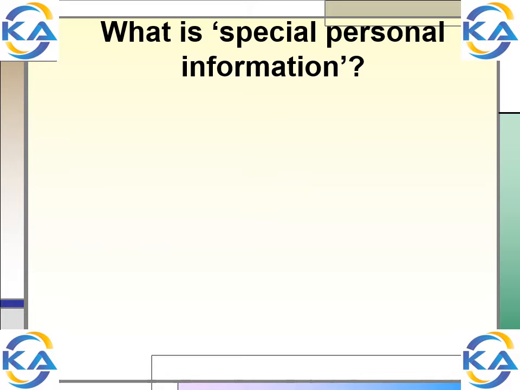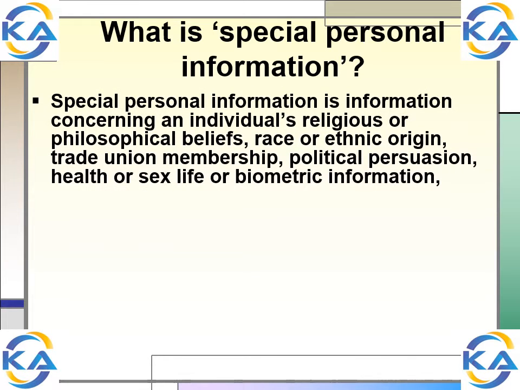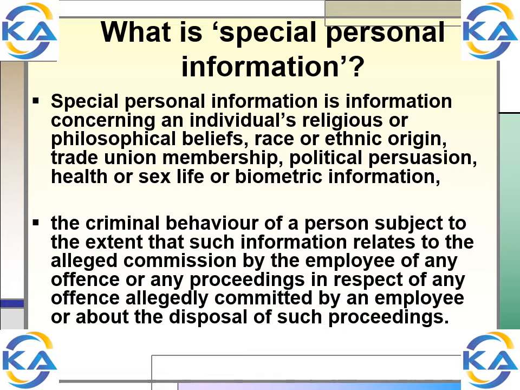So yes, let's then look at what is your special information kept or possibly kept by the responsible party, the employer. Special personal information is information concerning an individual's religious or philosophical beliefs, race, ethnic origin, trade union membership, political persuasion, health, your sex life, biometric information, criminal behavior, so I can't go and just do a criminal check without your consent of a person, subject to the extent that such information relates to the alleged commission by the employee